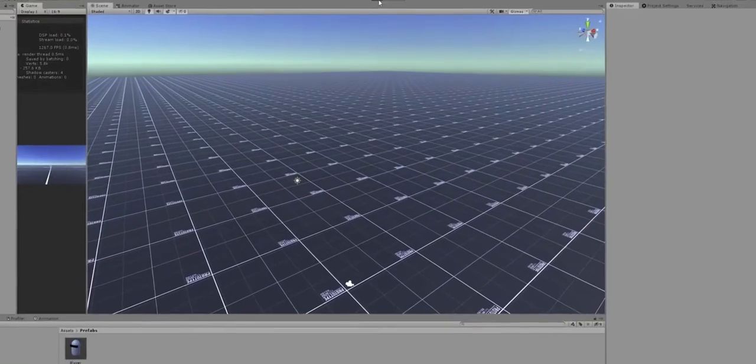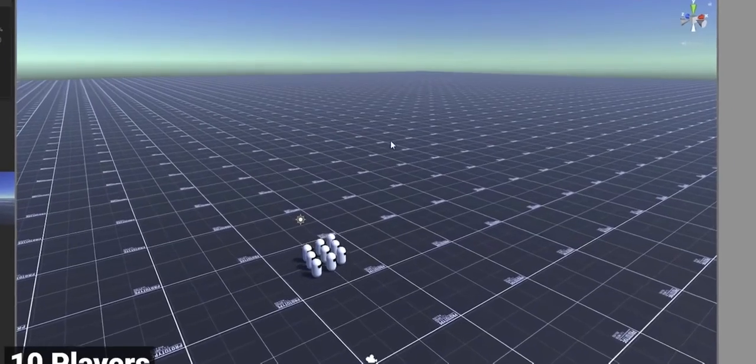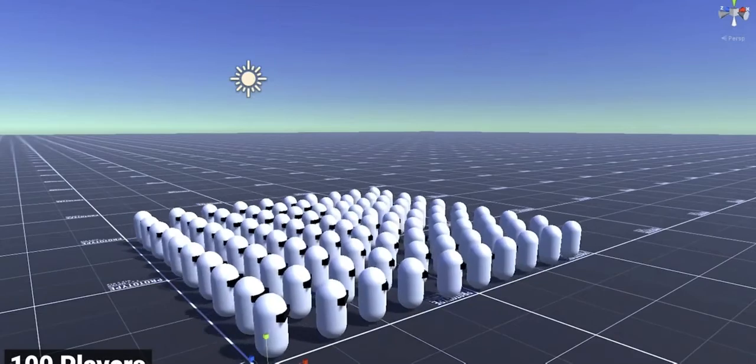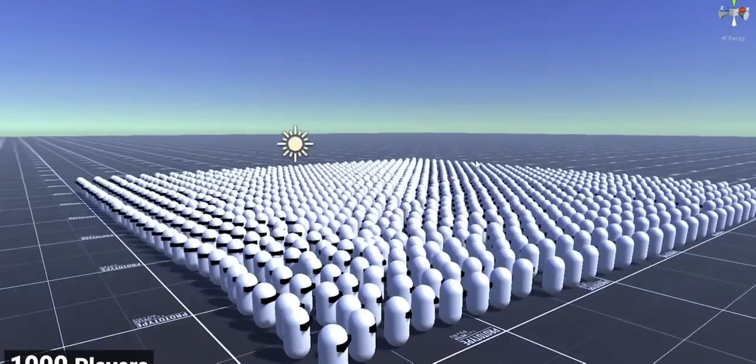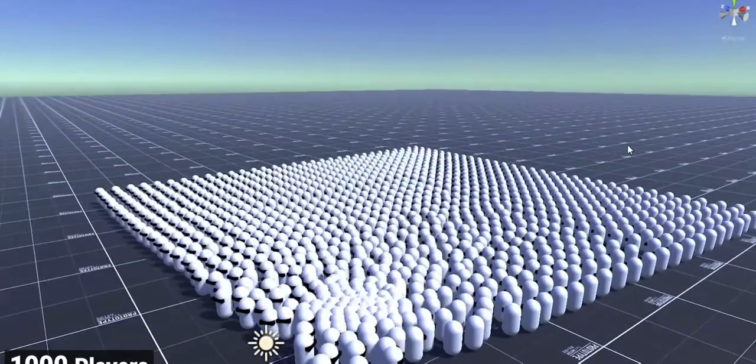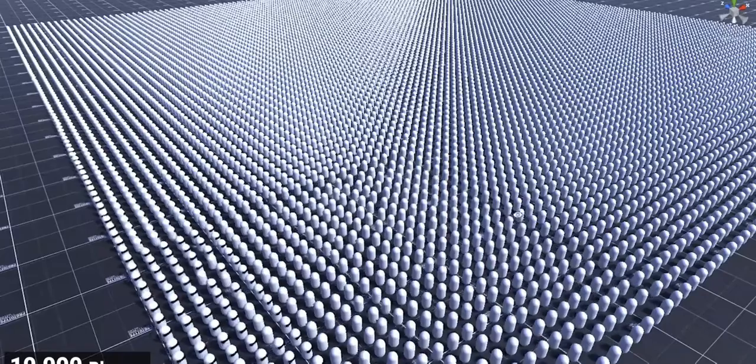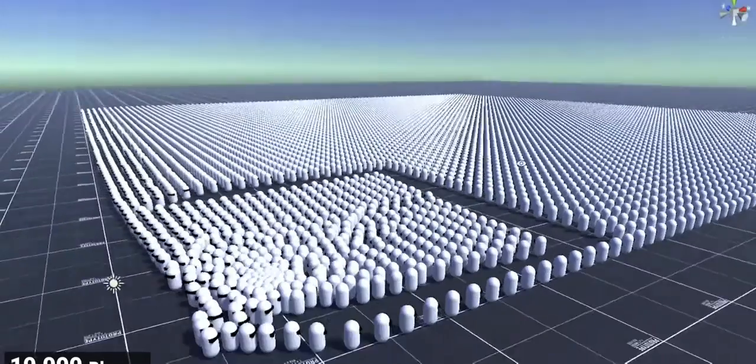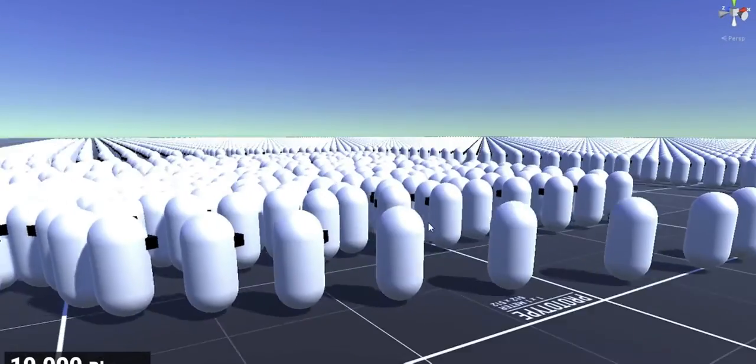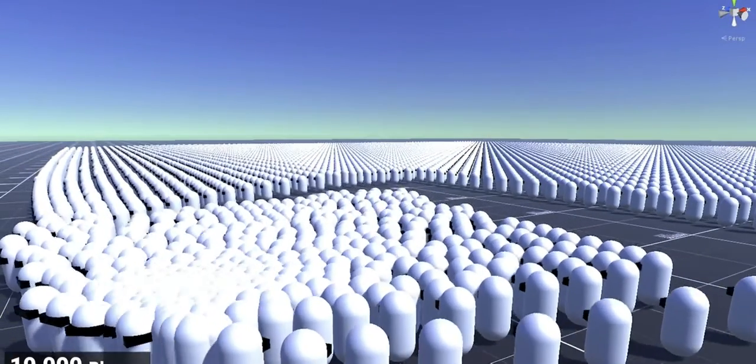Then I wrote a quick script to spawn in a bunch of players. I started with 10, then I tried 100, and then 1000, which was still running on a very high FPS. So we're going big baby, 10,000 players, and we're still running on a 26 FPS, which is not even half bad. Unfortunately though, for Mr. Bean,